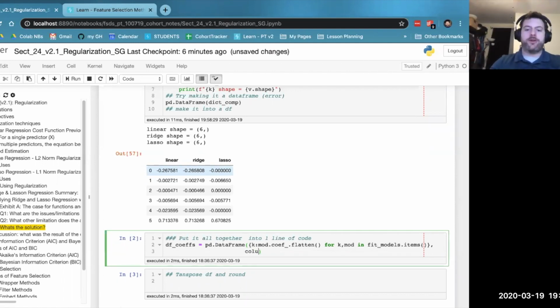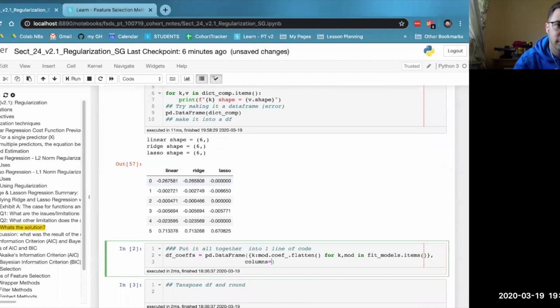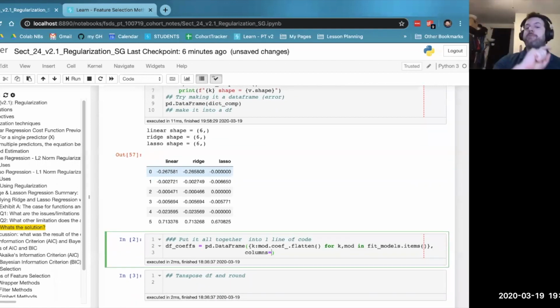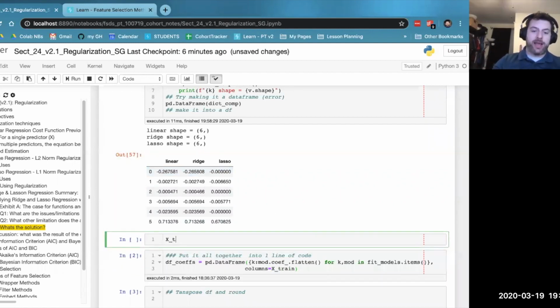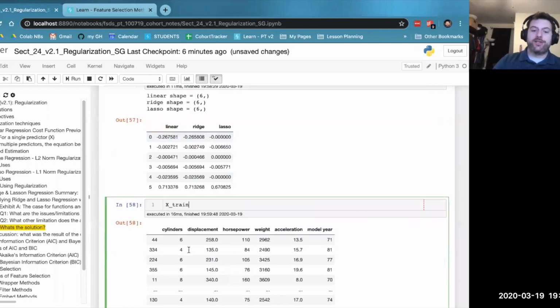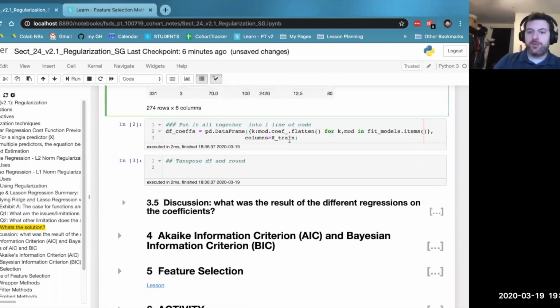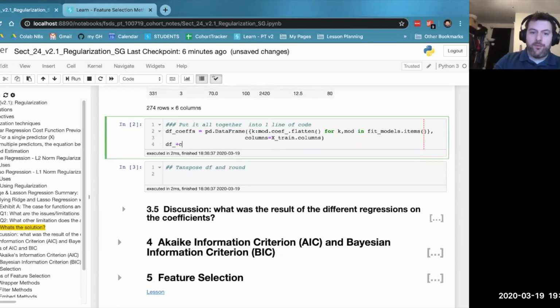So our columns are going to be equal to the keys of that dictionary. It's actually no, actually not the keys. You have to remember those are our models. It's actually not too difficult. We just need to go back to our x data. Because remember, and actually this is something that's nice. Nowadays we actually get data frames back from pandas, which is fantastic. So our x train has all the column names we need right there. So we can just say xtrain.columns. And then bam, we now have